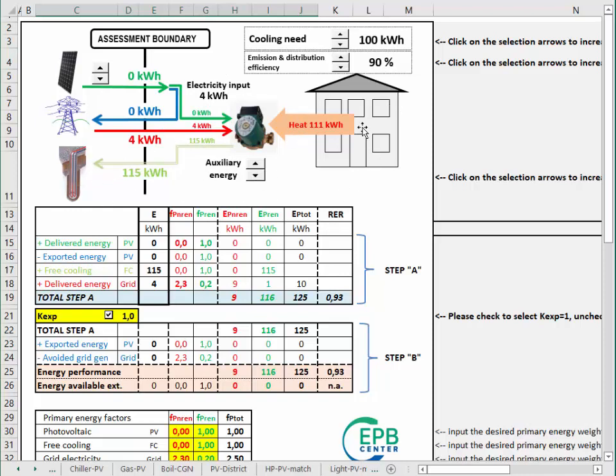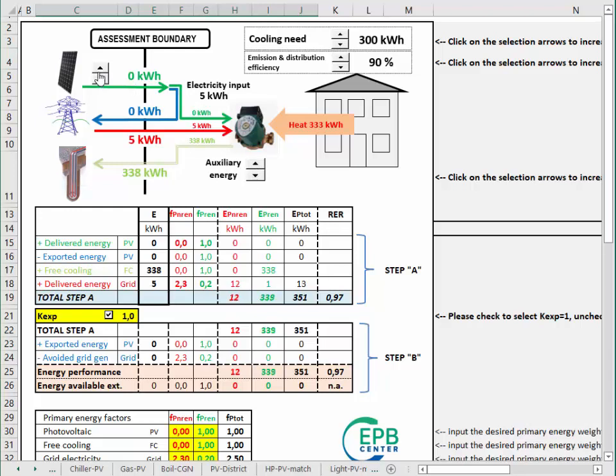A possible example of free cooling is using a borehole heat exchanger directly to circulate cold water across the coils of the ventilation system or into the embedded panels in the building. In summer, the temperature of this water will be lower than the indoor temperature in the house, resulting in free cooling. This model allows to specify a cooling need, an emission distribution efficiency, to set the amount of auxiliary energy,